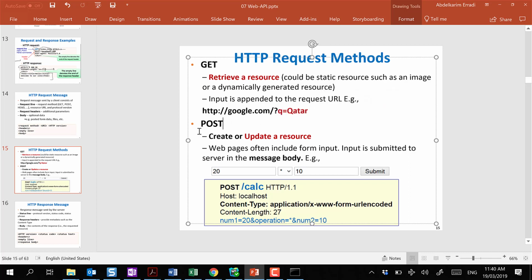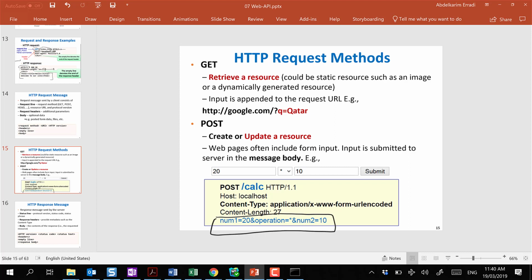Okay. Now for POST requests, we will use a POST verb followed by the URL. And then the data we want to send to the server, we put it in the body of the request. One way to format the body, the old web, we don't use this anymore, especially in our course, though some people are still using it, is by doing name equal value, ampersand, name equal value, ampersand, name equal value. This is a standard format,